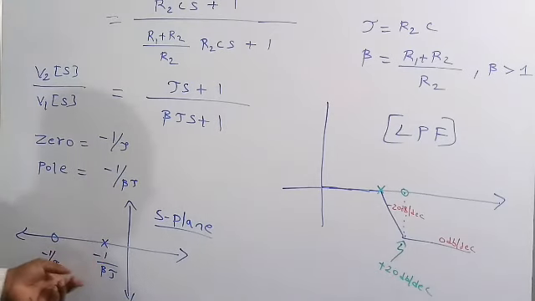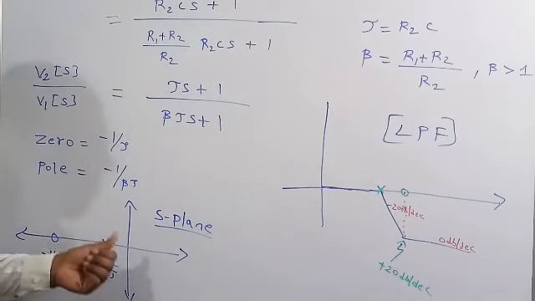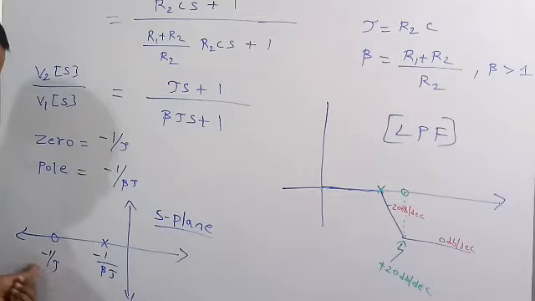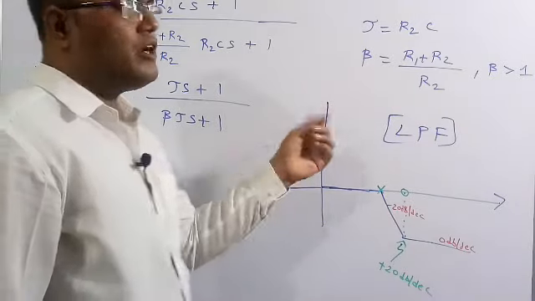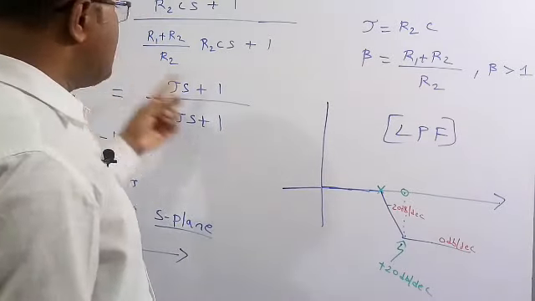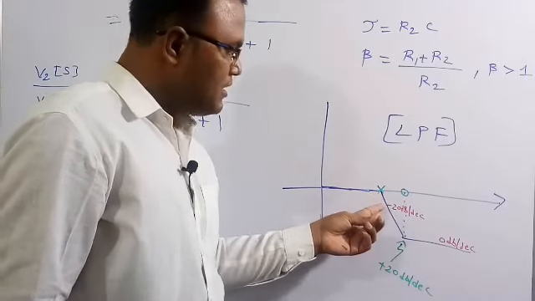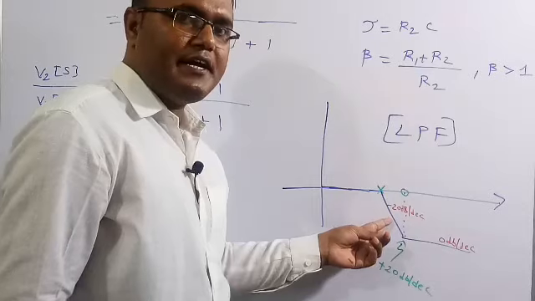See here, why I am going to tell why it is a low pass filter: always the pole comes first, then the zero. So I am going to draw the Bode plot of this standard transfer function. See here, always the pole will come first. Pole comes first means minus 20 decibels per decade.